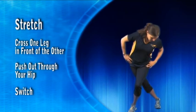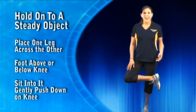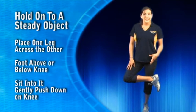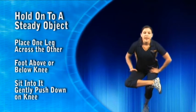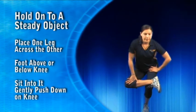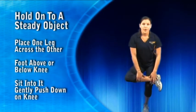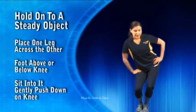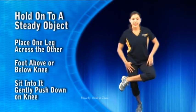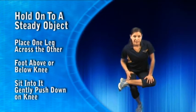Alright, again, if you need balance, look for a desk. Try to put one leg across. You want to put it above your knee or below, just not on the front of it. And you're going to try to sit into it and push your knee away gently. The modification is, again, down here or up here, or you can stand and just push through your hip. And then you're going to switch, sit into it, whichever modification you choose,